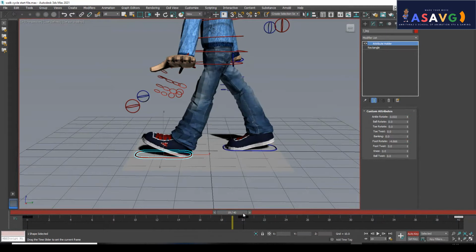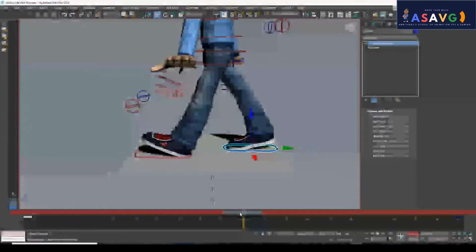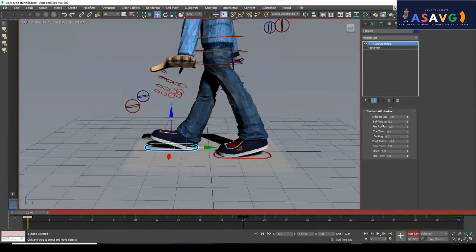Minus 4.7. Then I drag like this and select this. Ankle is okay. Foot rotate is minus 4.7 for the same controls, right?